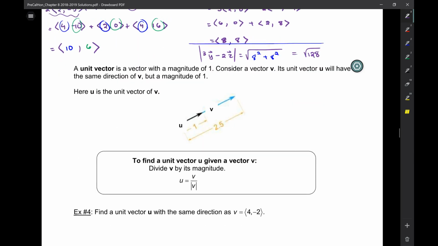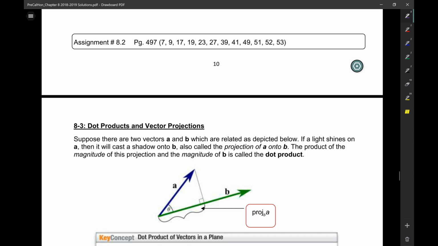For homework, I would like you to do 7, 9, 17, 19, and also the worksheet that I'm just going to give you. All right, so for this worksheet,